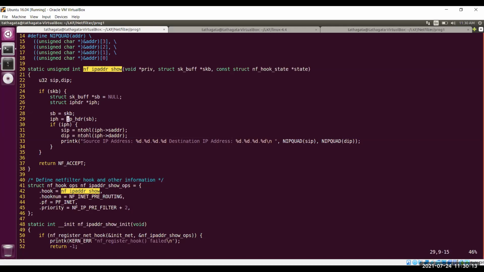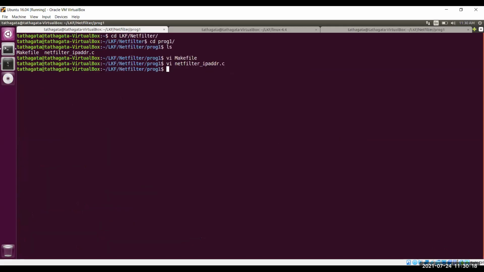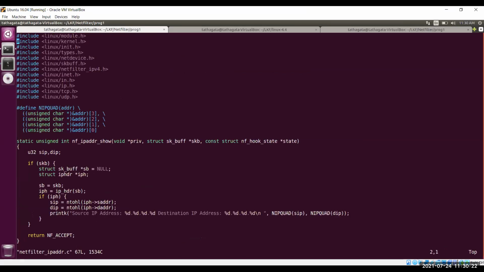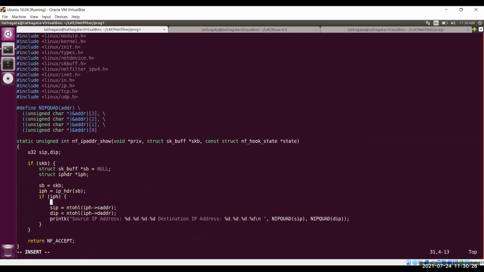So if you want to check whether the packet contains UDP and the port number is 5001, I think I have an example of this also. Let me, but here also, if it is an IP header, then you need to check if the IP header protocol is UDP or not. There is a macro for that.